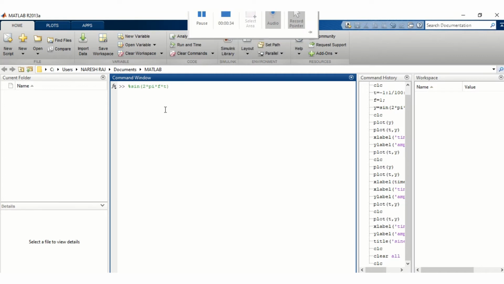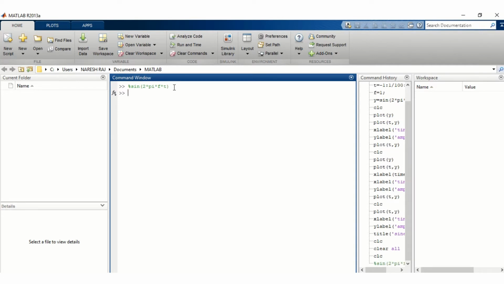Here we write the equation of the sine wave in the command line. First we will see what the variable and what the constant is in this equation. As we see, the value of pi is already defined, so we don't define it.